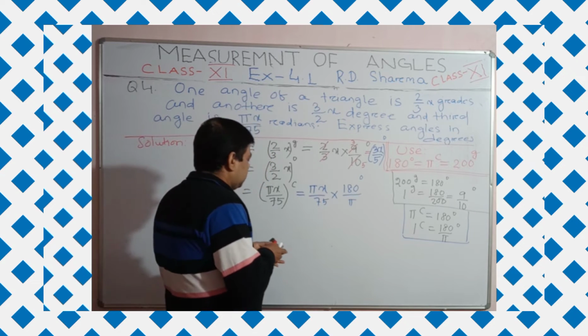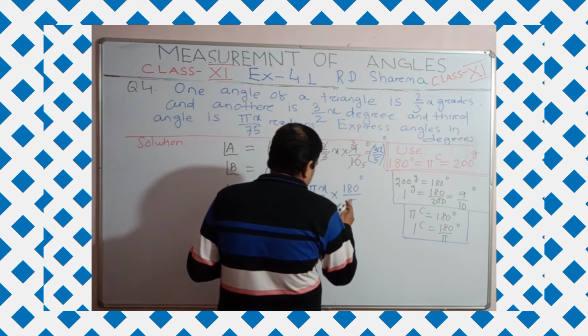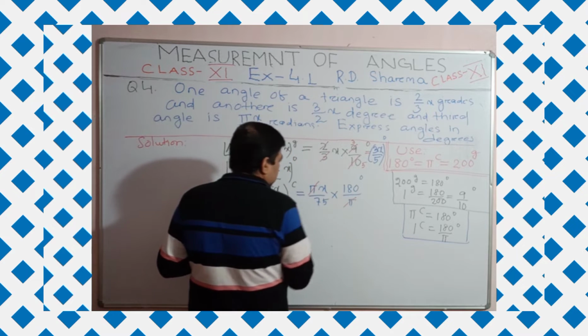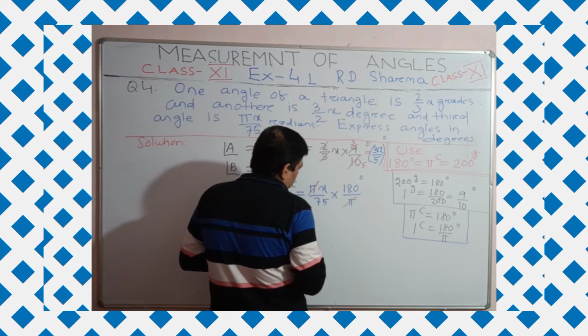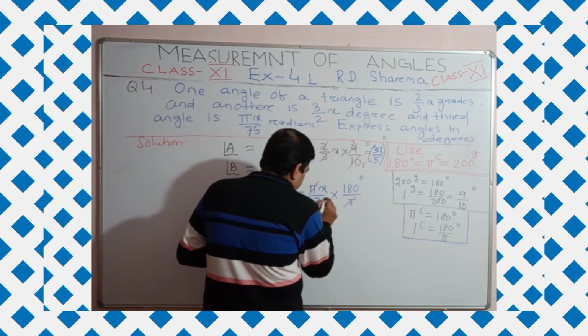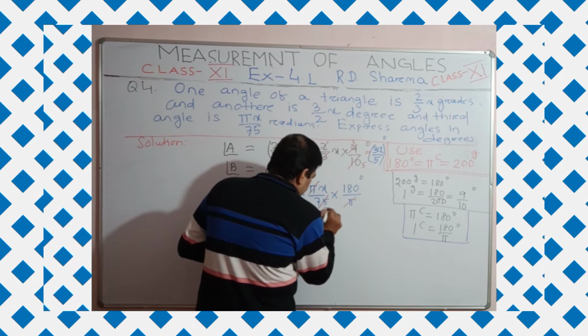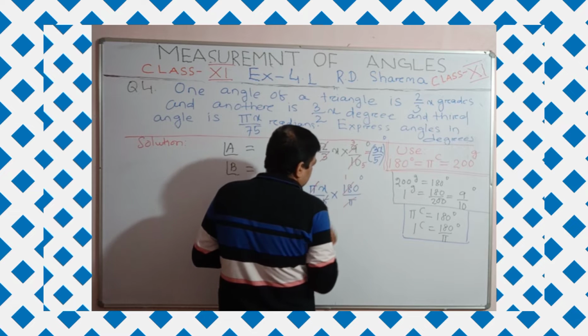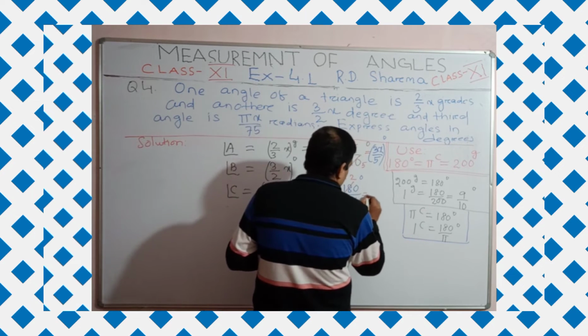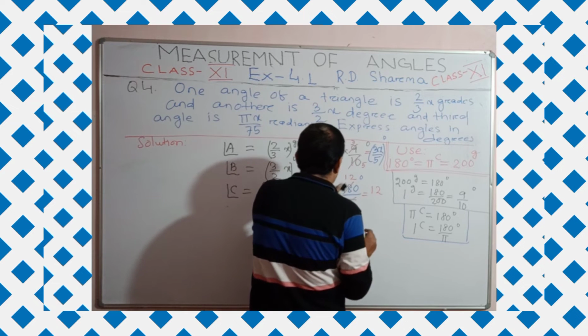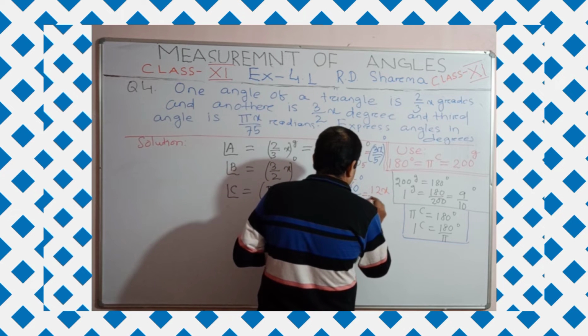Okay. So after this, you see pi will be cancelled here. Yes or no? And we cancel here also. Can you cancel 15? 15 times 5 is 75. Here 15 times 1 is 15, 15 times 2 is 30. So it is 12x. Here 12, here x. 12x by 5.